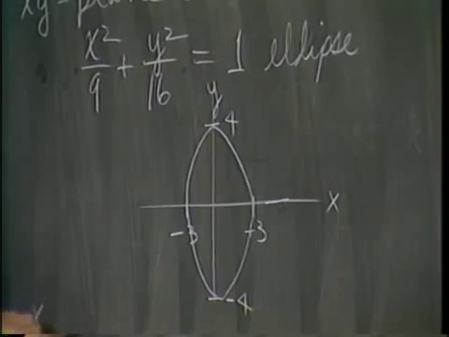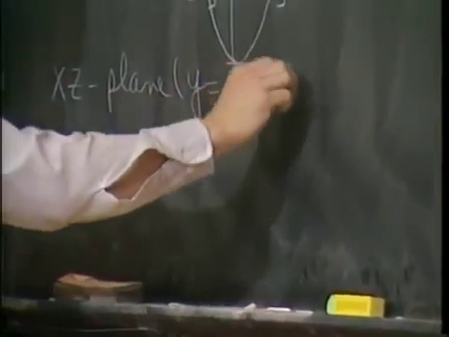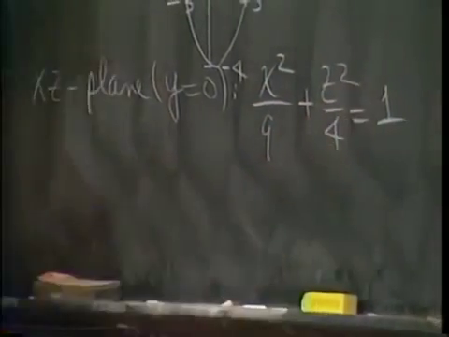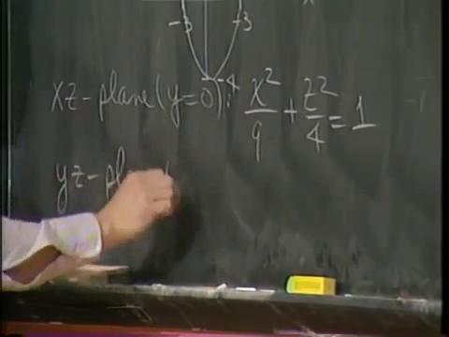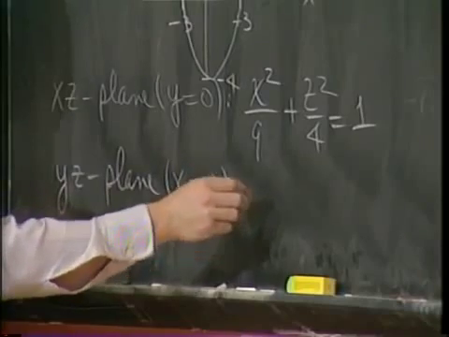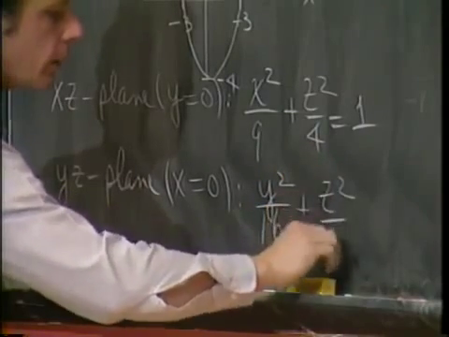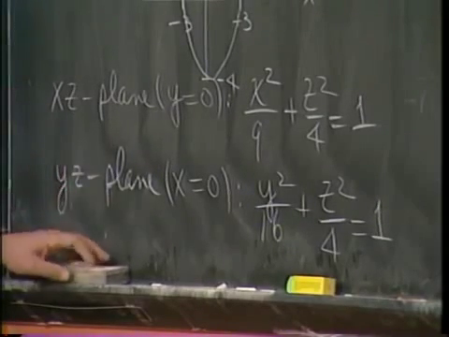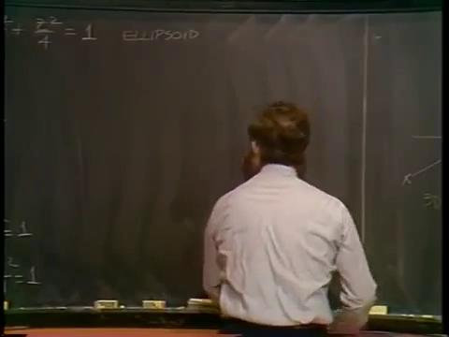And in the other planes, for example, the xz plane, when y equals 0, you get x squared over 9 plus z squared over 4 equals 1, another ellipse, and the same thing will happen in the yz plane. That's when x equals 0. We get y squared over 16 plus z squared over 4 equals 1. So we have similar ellipses in the 3 coordinate planes. Well, they're all different shapes. So to put them together,